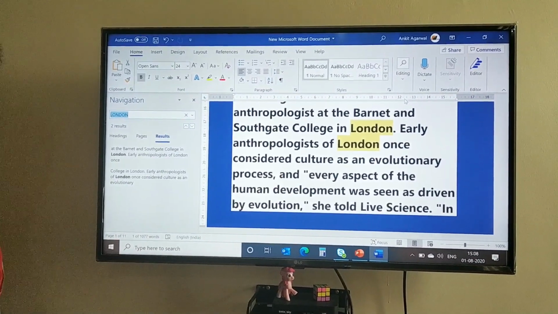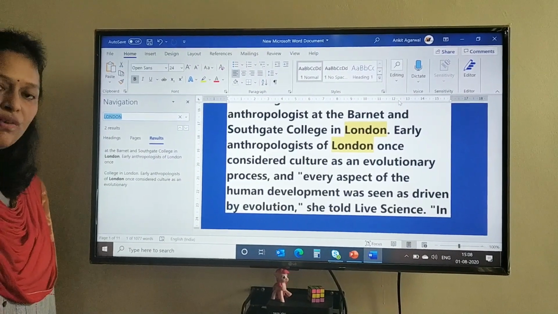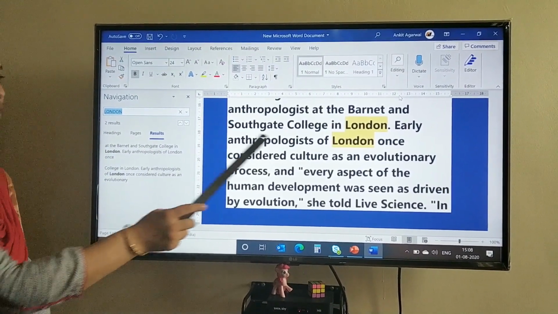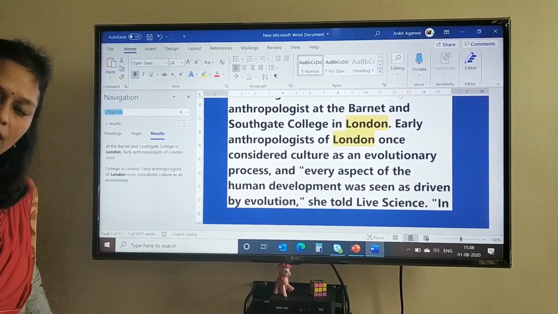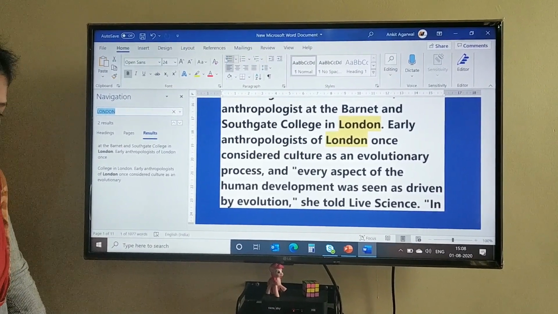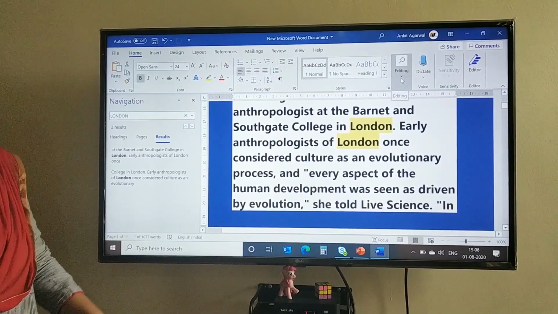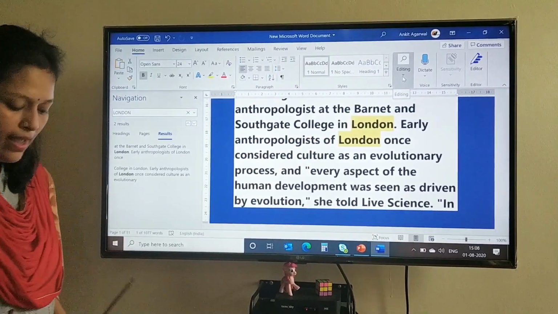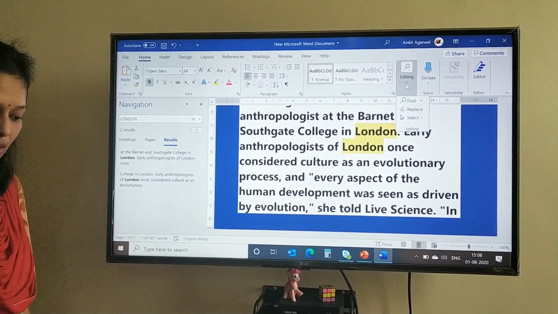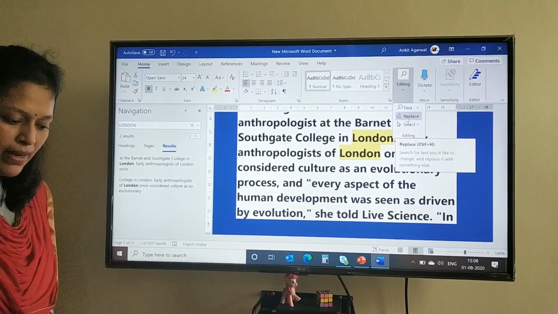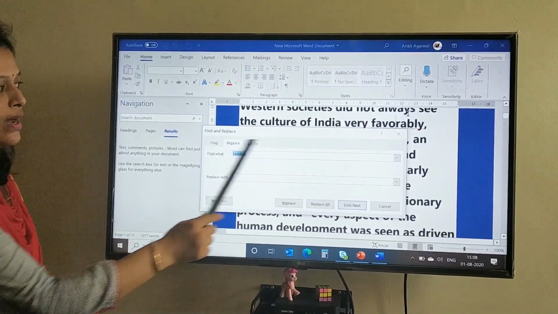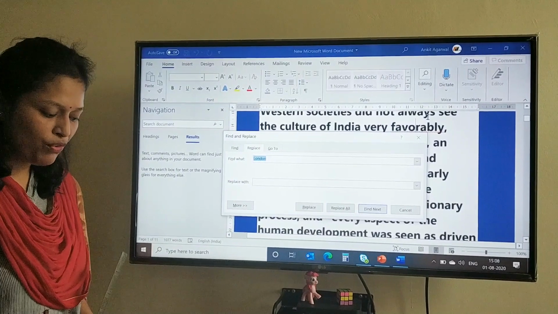Now the next option is replace. How will you select a particular word and replace it with new text? Again go to the Home tab, then go to the Editing group, and there is a Replace button. The Replace option is also there. Now a dialog box is in front of you.